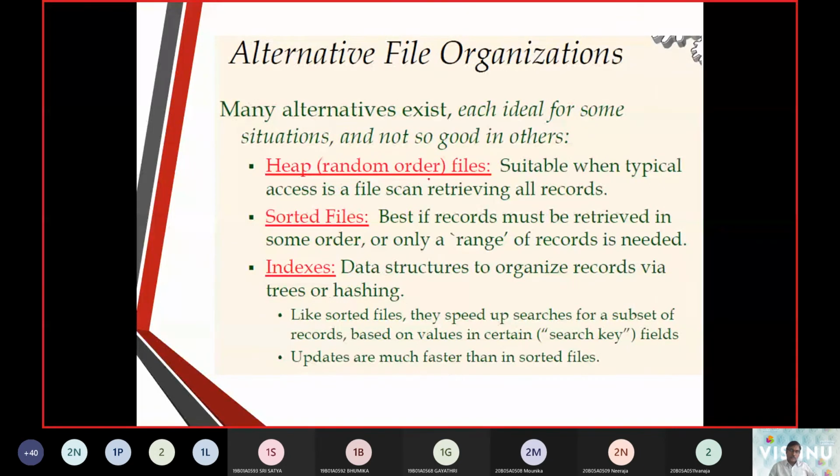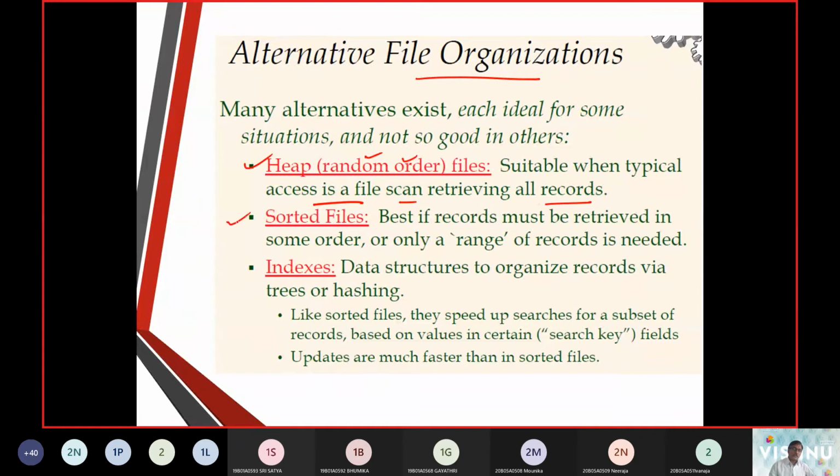As far as file organizations are concerned, you can access a file by scanning, making an input operation to retrieve all the records. It is totally unordered and maintained with pointers, and that's the reason we call it a heap.